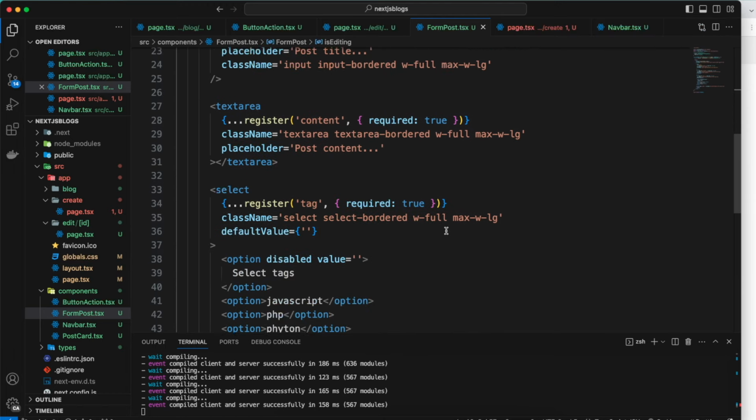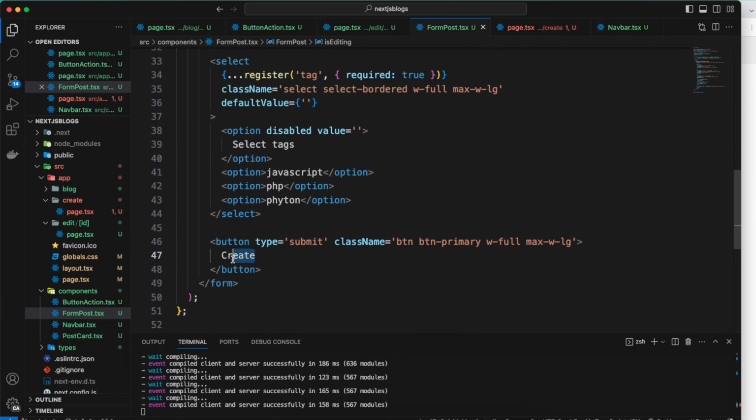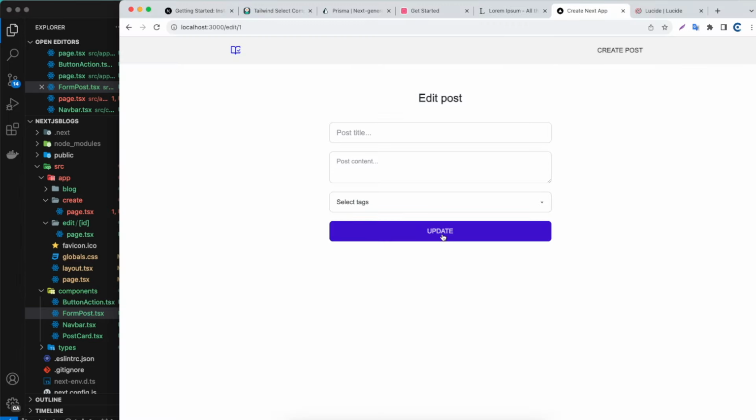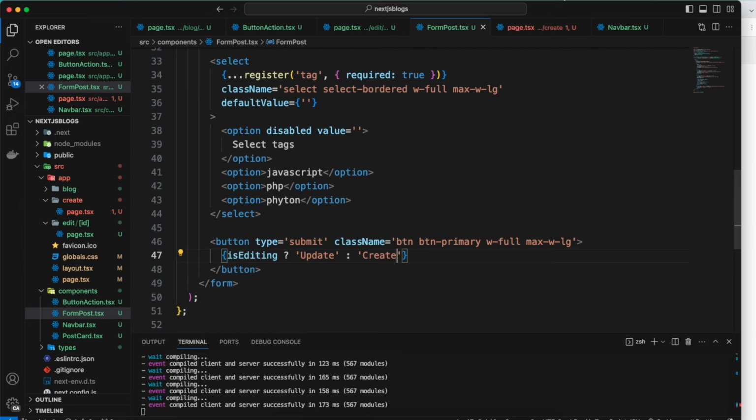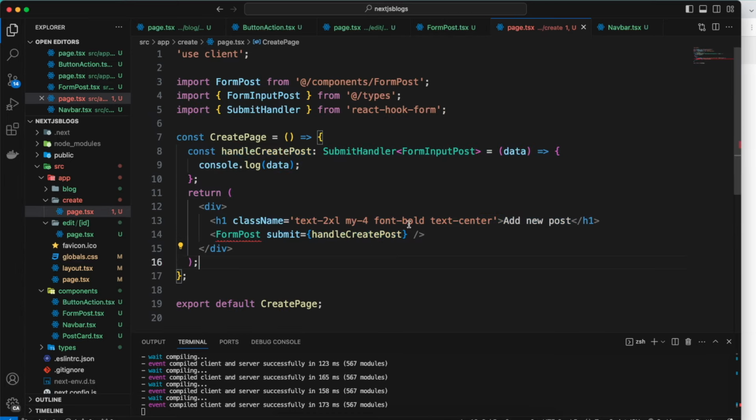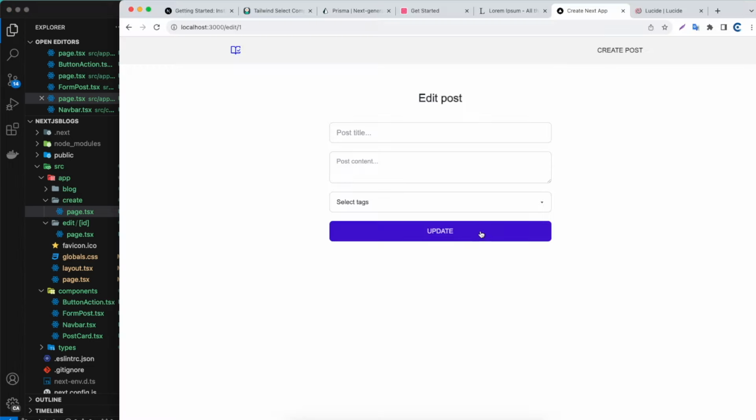And we need to add the condition in this button here. So in here, I'm going to add a condition. If is editing is true, I'm going to render text called update, but else let's put create. So now it should be update. Nice. But as you can see in the create, we have a warning here because we don't set the is editing to false, like so. And yep, everything looks like it's working. If I go back,